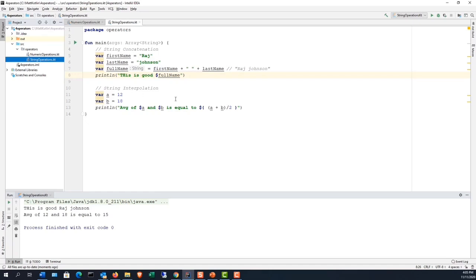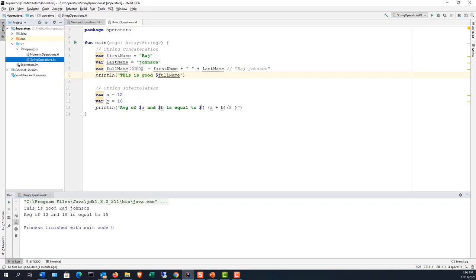Then there is string interpolation, and string interpolation actually helps us perform some functionality or some operations within a string. So you can see here we are declaring two integers, a and b, and we are obviously doing this implicitly, and then we have our print line output where we are inside of this string. We don't need to concatenate because the print line is giving this to us by interpolation. So we can see here we use the $ sign for our variables, and then we can pass those in,